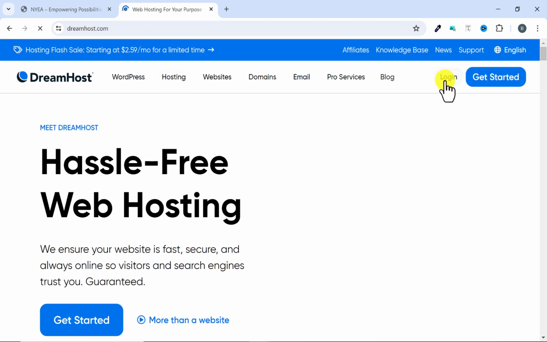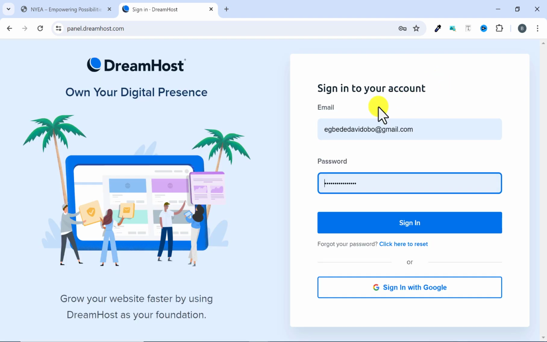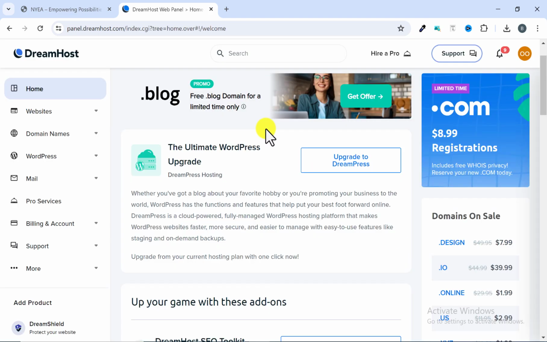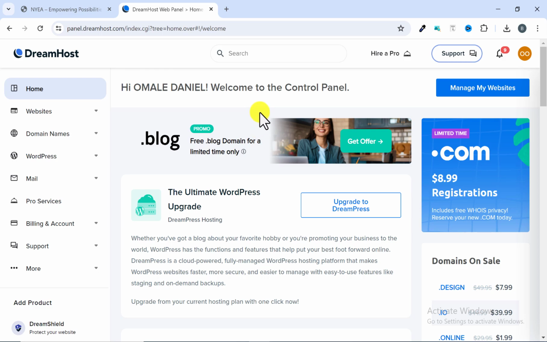So when you come back to their website, you now click on login. From here you can see my details have been saved already, so I just click on sign in. Alright, so now we are in our DreamHost dashboard, and when you get to this place, the first thing I